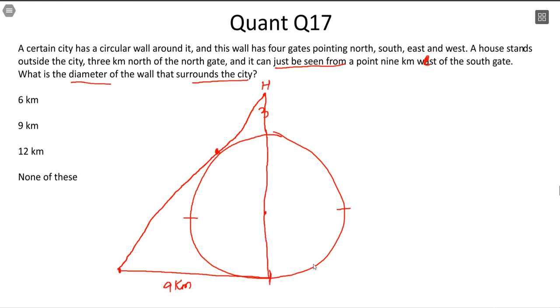Now there is a technical way of doing this. There is a smart way of doing this. The technical way would be, let the diameter be d here. So 3 into 3 plus d is equal to, if this is 9, see from this external point, this is diametrical, so this will also be 9 kilometers only. So let this be k. So 3 into 3 plus d should be equal to k square.